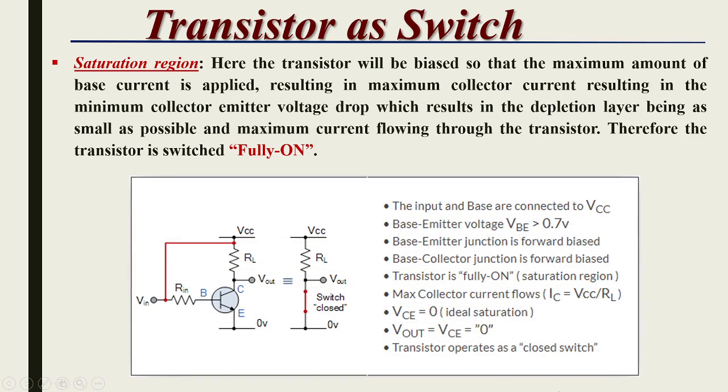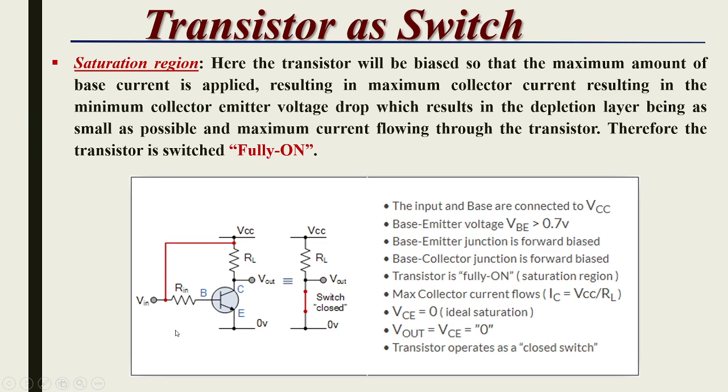So here is the circuit where the input equal to VCC is applied at the base of the transistor. So this will forward bias the base emitter junction, and this will allow current to flow through this transistor. That means it is operated as a closed switch, and a large current flows through the transistor, and because of this a very small voltage will be dropped across this RL, and that's why the output is approximately equal to 0.